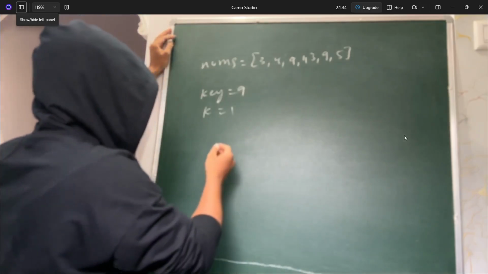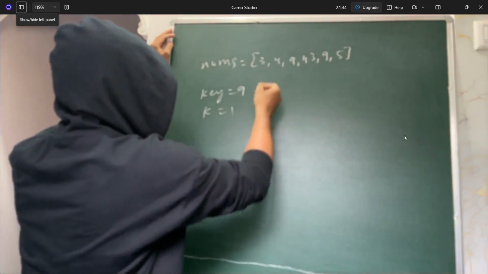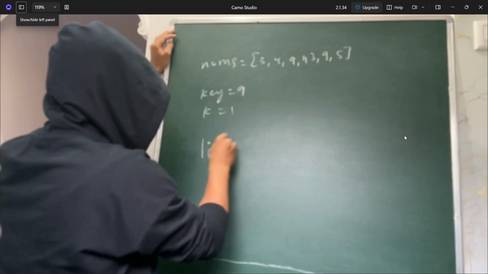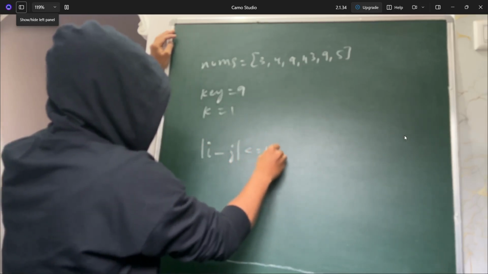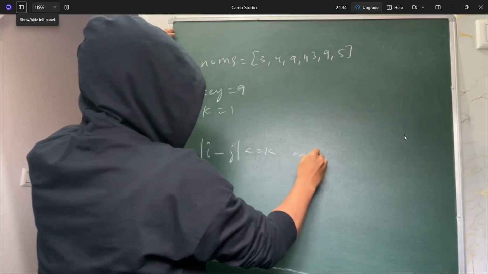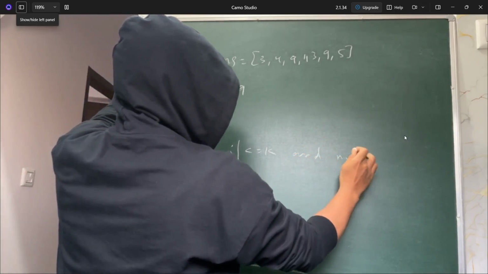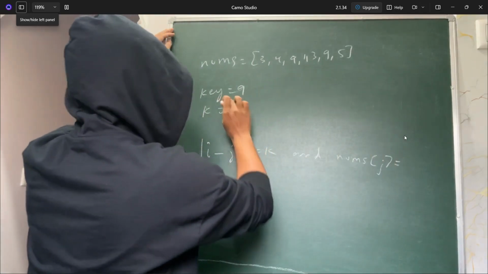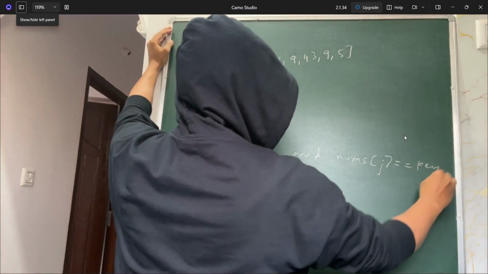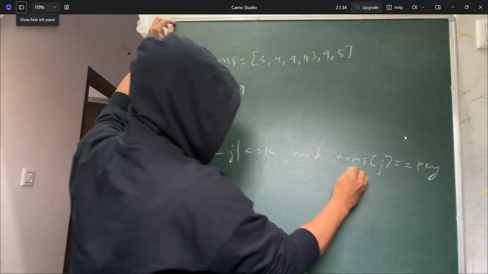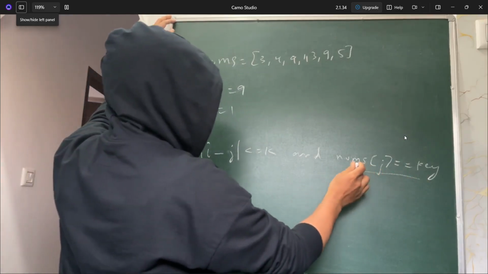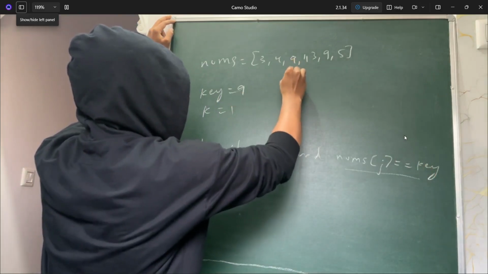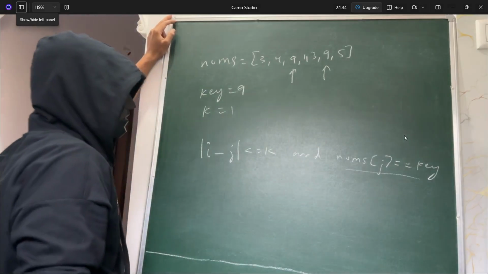basically you'll have to choose the indices i such that the modulus of i minus j is less than or equal to k, and at the same time nums of j has to be equal to this key. So if this is the condition, nums of j equals key, we will have to find where all we find this key value, which is 9, we find it at this position and at this position. So now